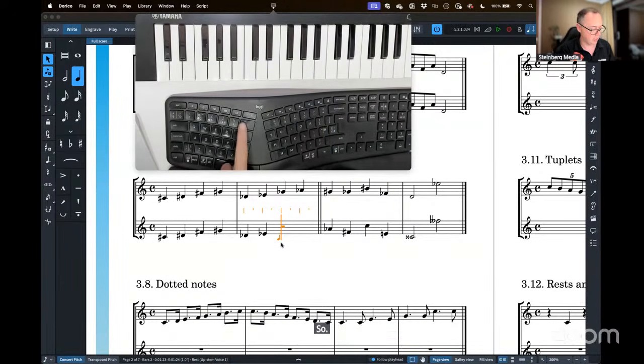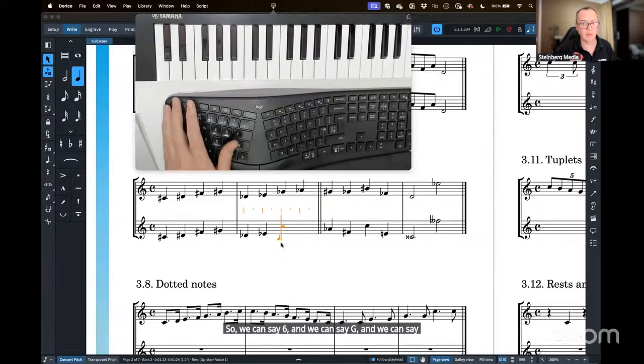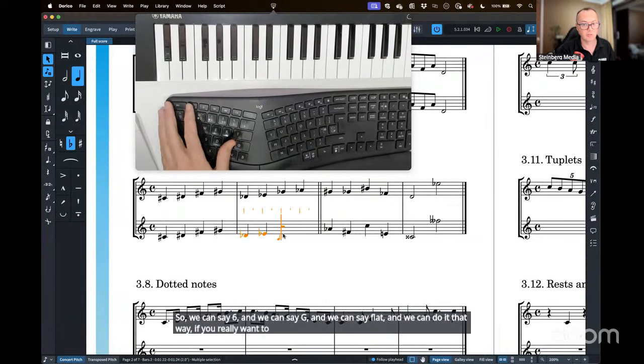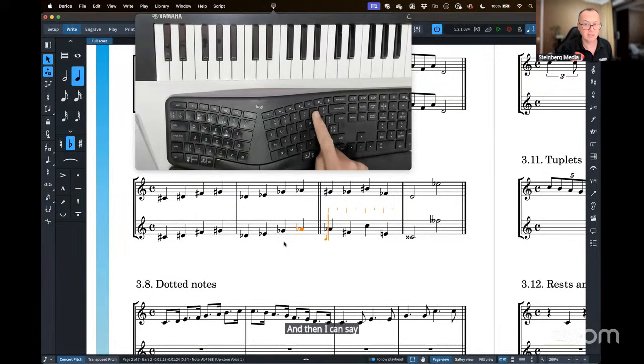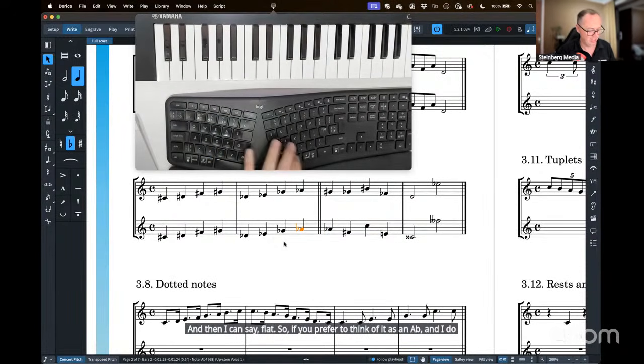So we can say 6, and we can say G, and we can say flat, and we can do it that way if you really want to with note input. Mine's just stopped working. That's fantastic. There we go. So I can now say A, and then I can say flat. So if you prefer to think of it as an A flat, and I do, then choose that option in